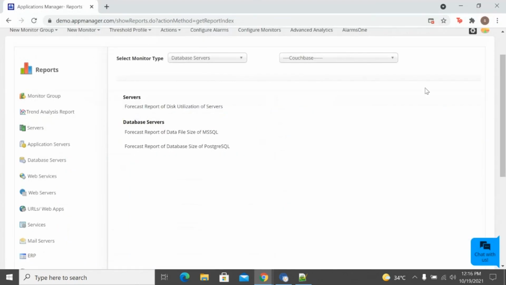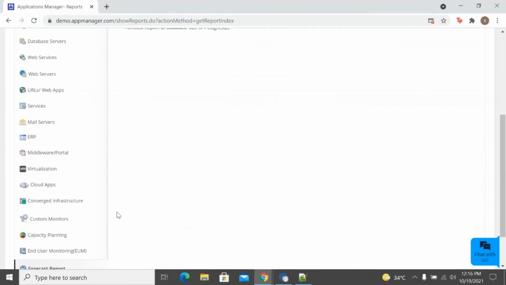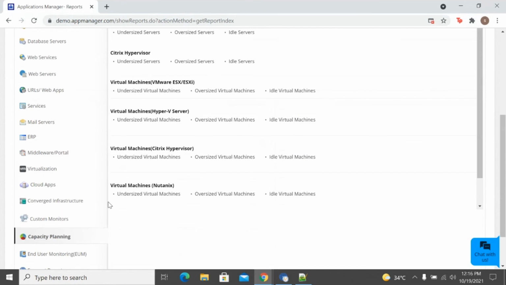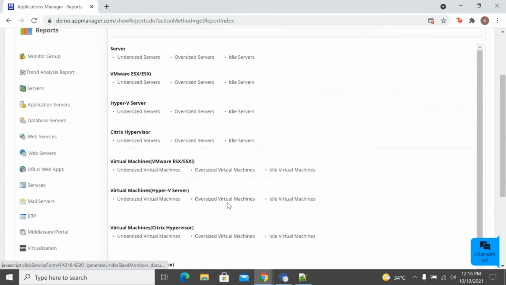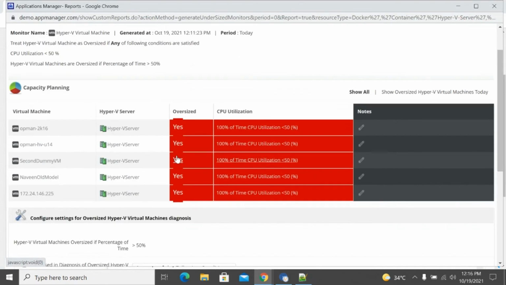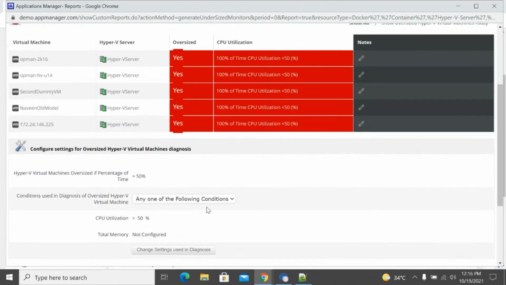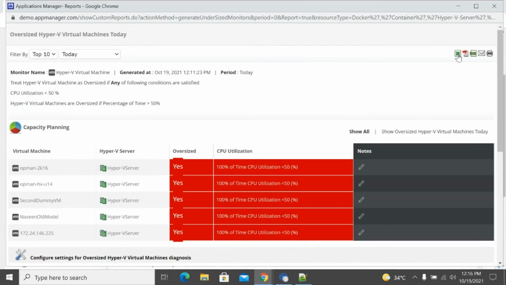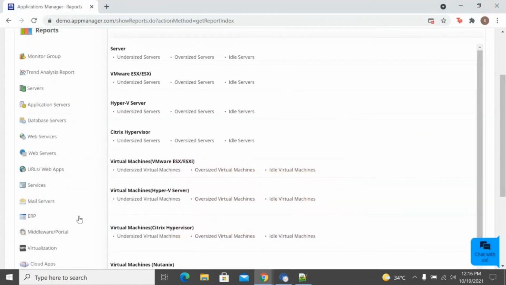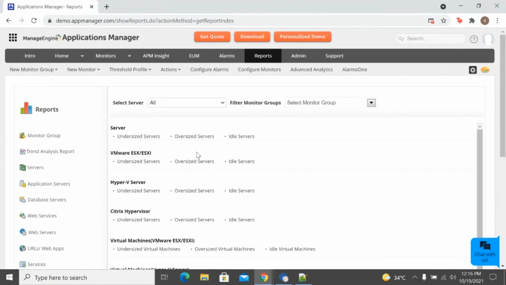We also have a capacity planning report, where you can see the oversized, undersized and the ideal servers. So this is how the report looks, where you can define the rules here and get it in Excel, PDF or a CSV format. So these are some of the reports that are available, and you also have scheduled reports